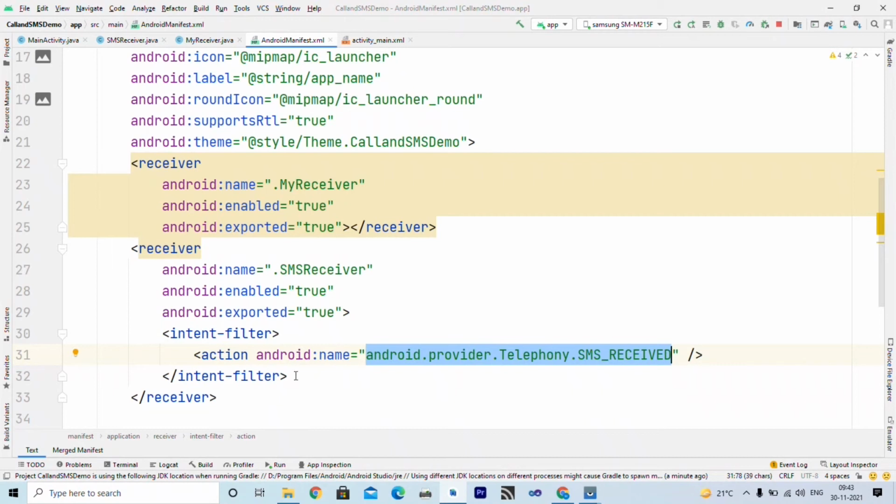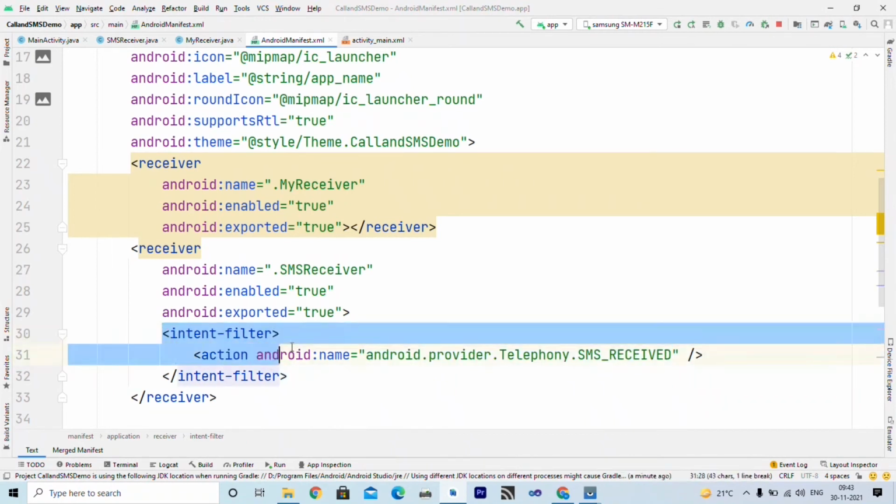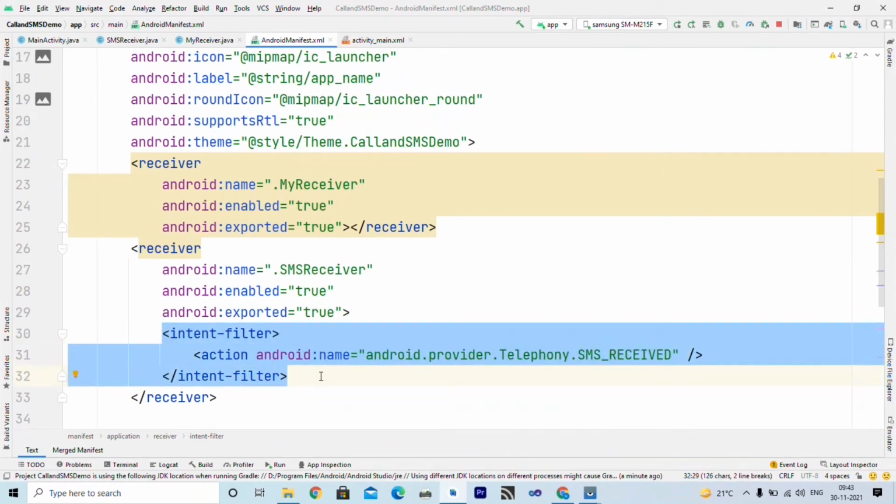If you have added this intent filter, whenever SMS is received by your phone, all receivers which have this intent filter action will be automatically called by the system, and their onReceive method is called.